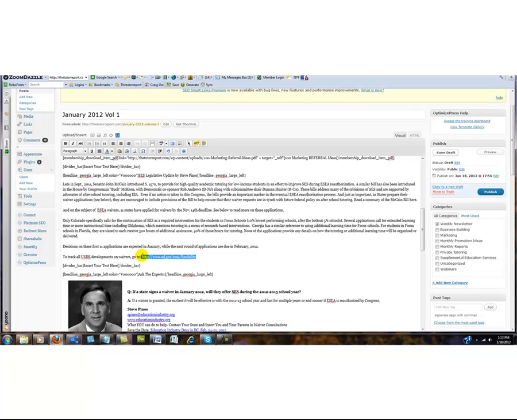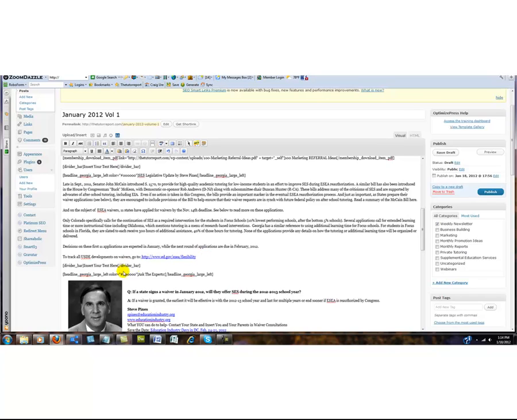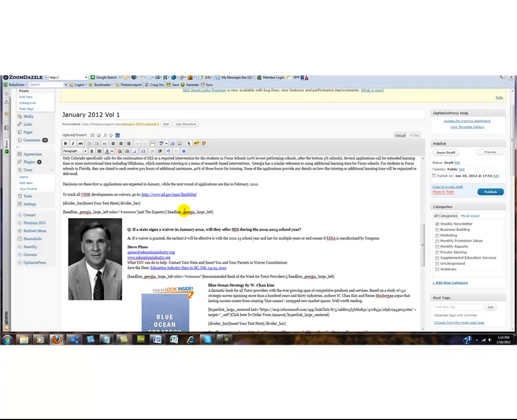So to make this link active, we just have to highlight it and copy it and click this link up here, which we can then copy, paste the whole link into here, and click open link in new window, and then click add link. So then it highlights the link that when people are looking at the post, they can hover over and it becomes clickable. And then we have our next divider, which goes on to our next article, which is Ask the